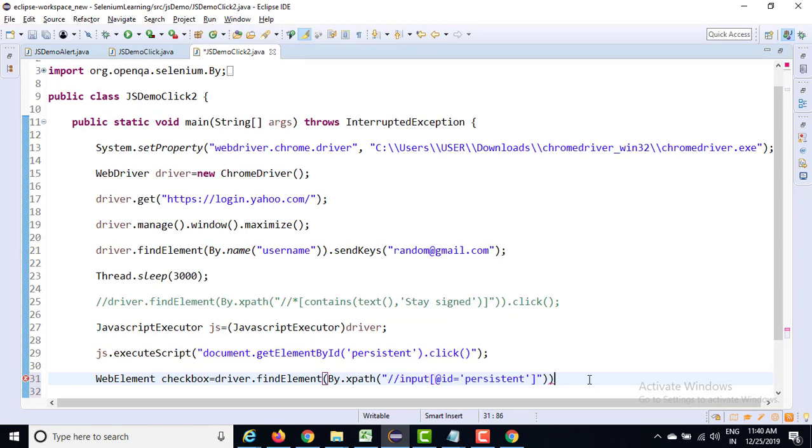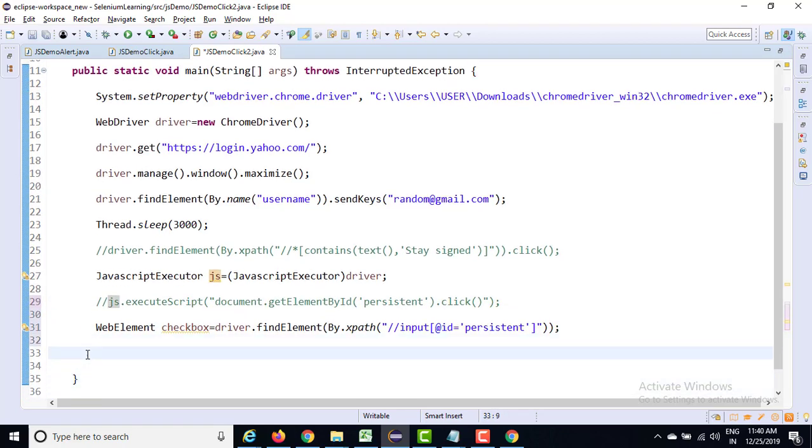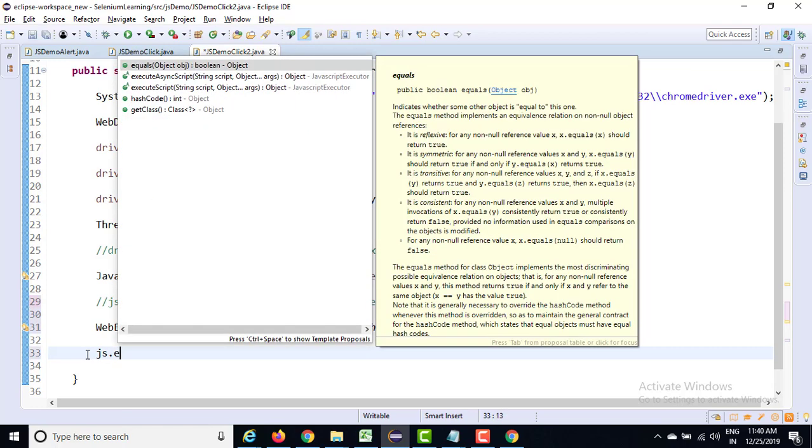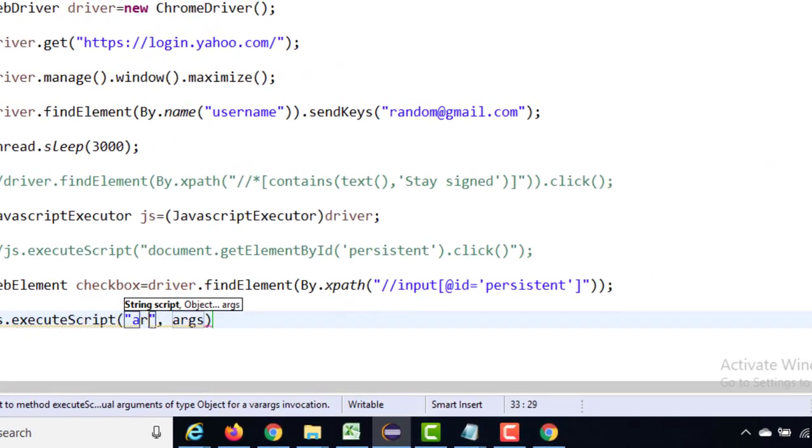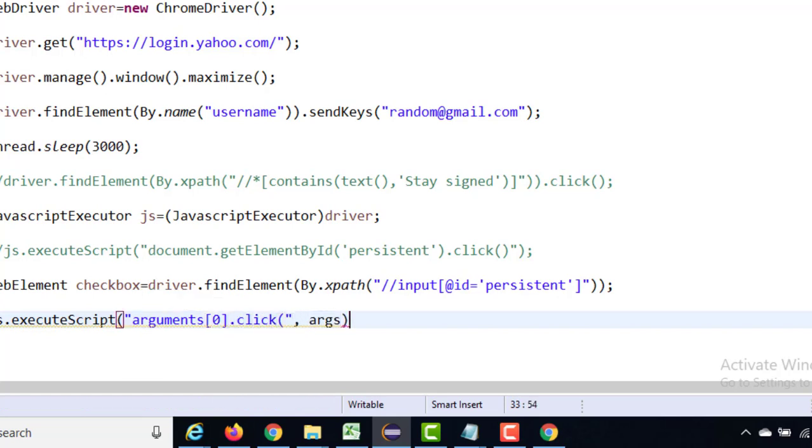Now I have to use this XPath for click, and right now we do not have such a method in JavaScript. So how do we handle this case? Whenever you have to write your own XPath and some values, you can say js.executeScript. You can call this as arguments[0].click(), and this argument is nothing but this checkbox.